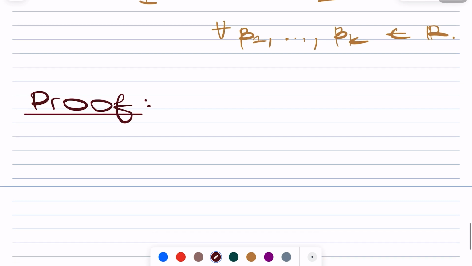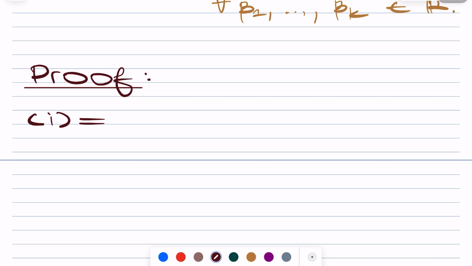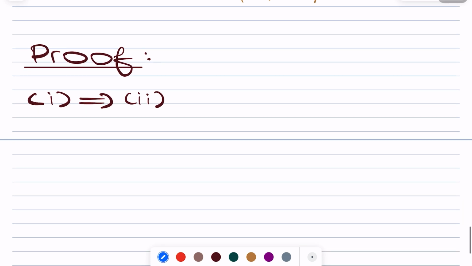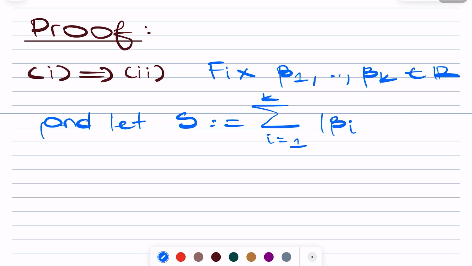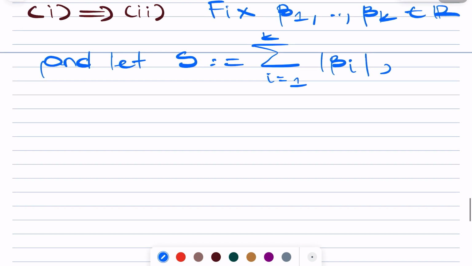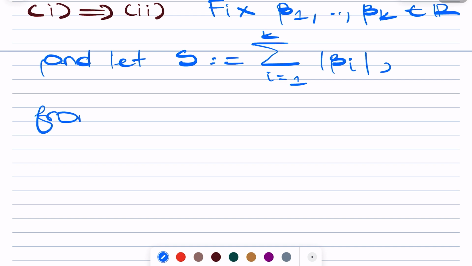So, proof that 1 implies 2. Fix beta 1 up to beta k in R, and let X be the summation over i moving from 1 to k of the absolute value of beta i. So from our assumption, from 1,